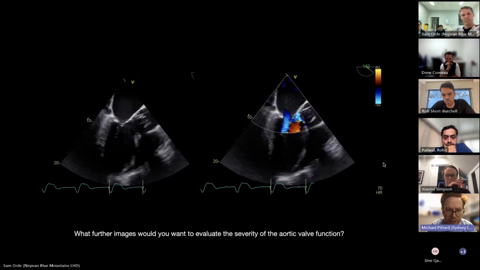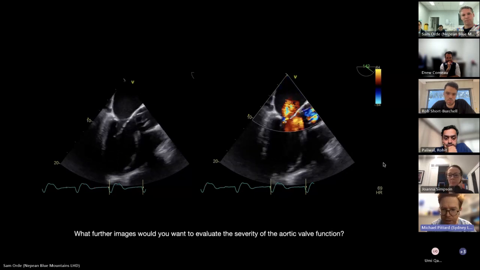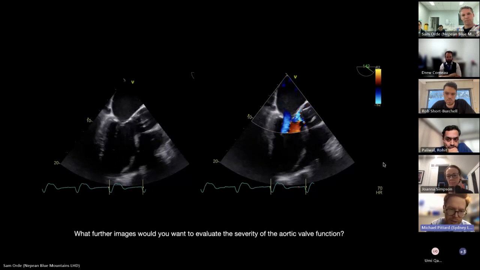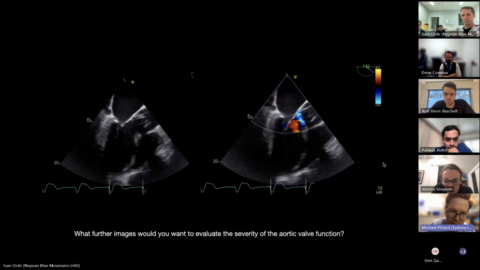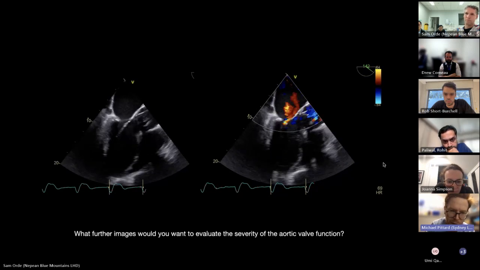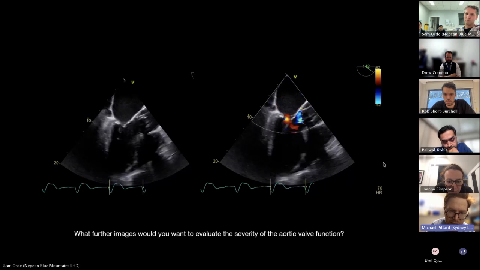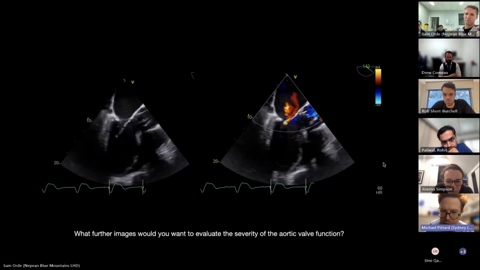What further images? Okay, so this is primarily, I suppose, looking at the aortic valve. I can see one of the aortic valve leaflets. This is the bioprosthetic aortic valve. I can see one of the leaflets moving well. I can't quite see the others. It looks like there is